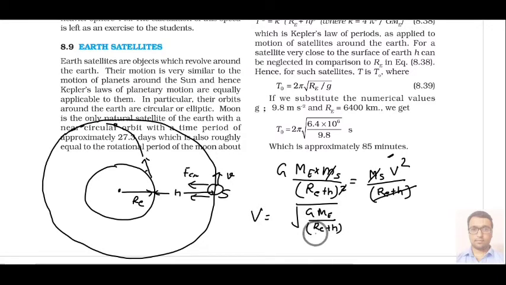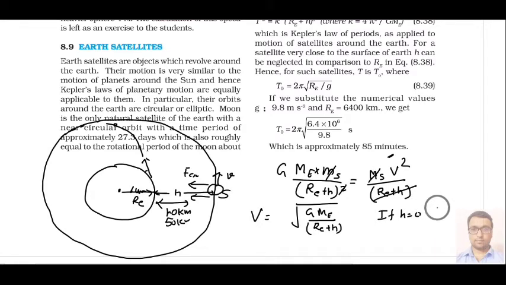Okay, and if h is 0, it doesn't mean that the satellite is just touching the surface of the earth. It means we have such a height which is negligible. You can take up to 10 kilometers from the earth's surface, or 50 kilometers, or you can take 100 also, because 64,000 is very much. Compared to that, if h is negligible, then we will put h as 0.